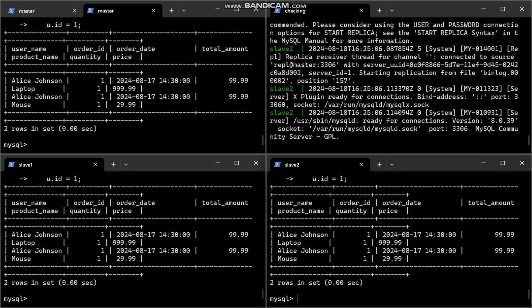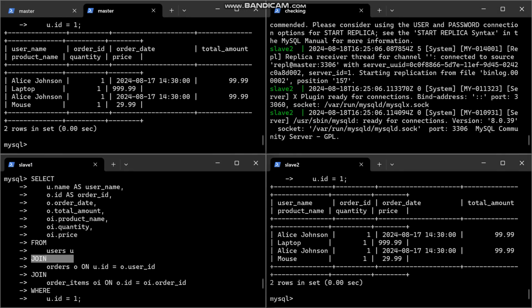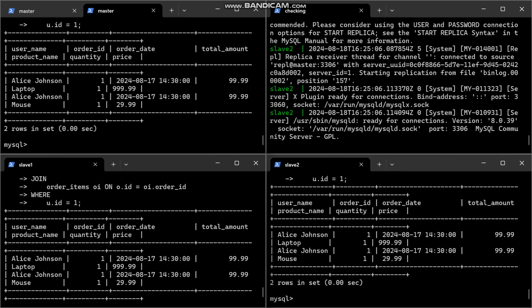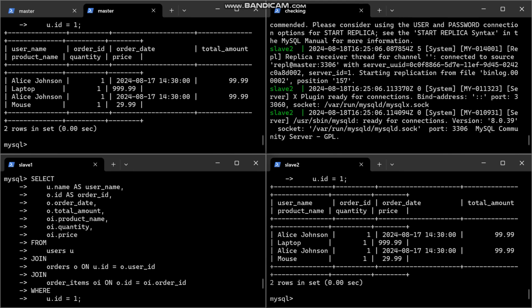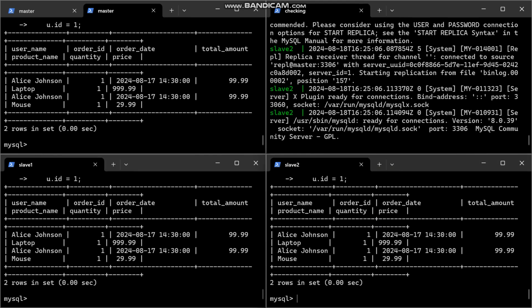So this query uses join, which means it needs foreign key configuration, and as you can see here, it works on both the slaves. So it means it doesn't just copy the data, but also configures the relation between its tables. Let's try